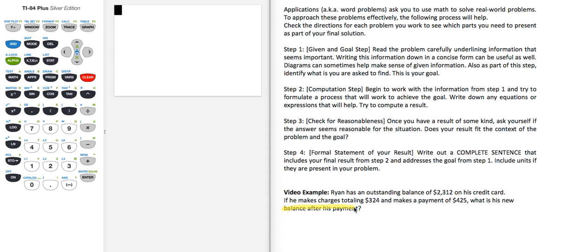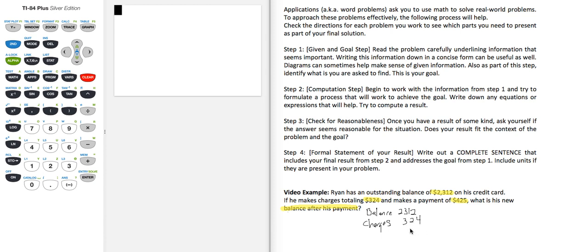So we have the balance after payment, that's the goal. We've got information that we're given, these three quantities, and we need to understand if those are quantities we're going to add or subtract. So let's try to reason this out. He's got a balance of $2,312. Let me write that down: current balance. So when he gets his statement, it says $2,312. And he makes charges this month of